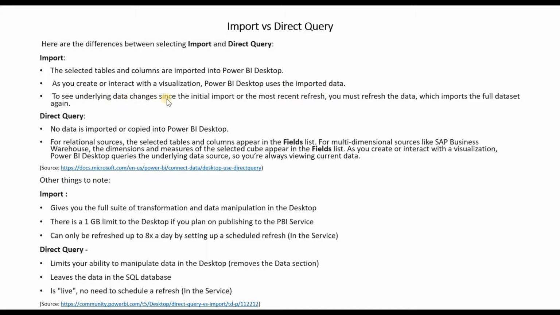To see underlying data changes since the initial import or the most recent refresh, you must refresh the data, which imports the full data set again. It doesn't do an incremental refresh. However, the refreshing is restricted up to 8 times a day by setting up a scheduled refresh in the Power BI service. Direct query limits the ability to manipulate data in the desktop because you don't have a data view